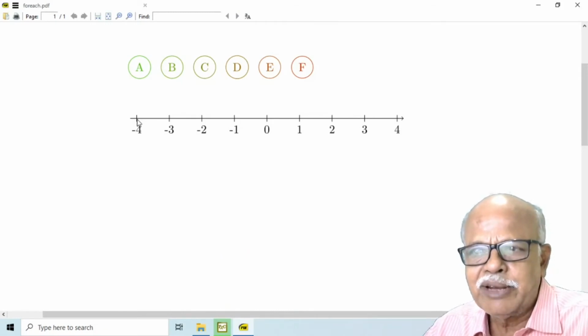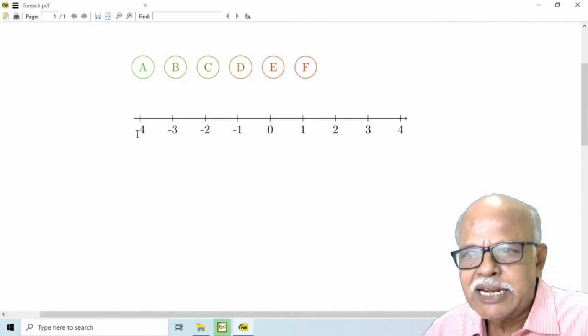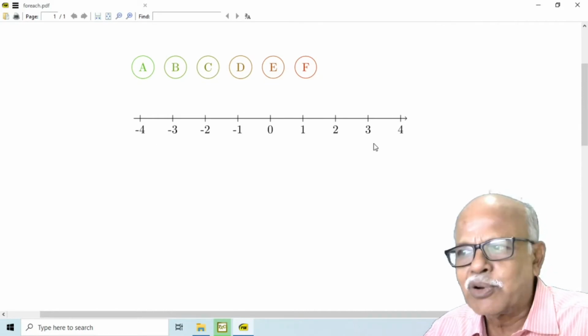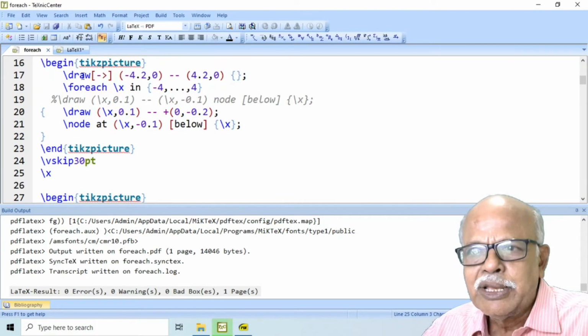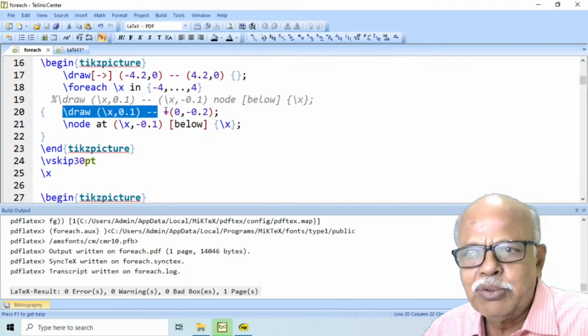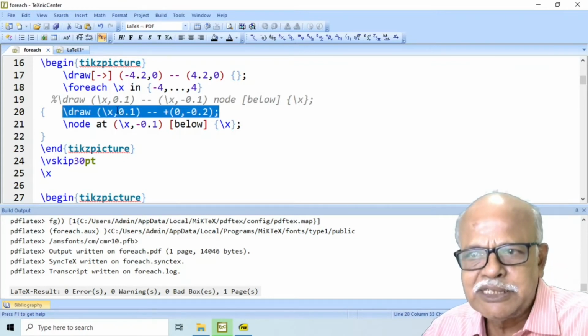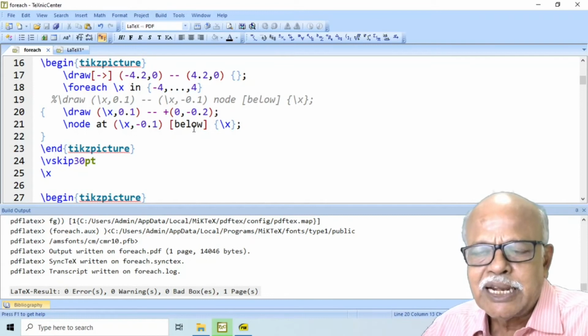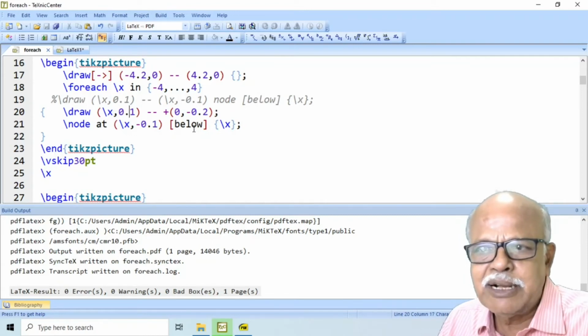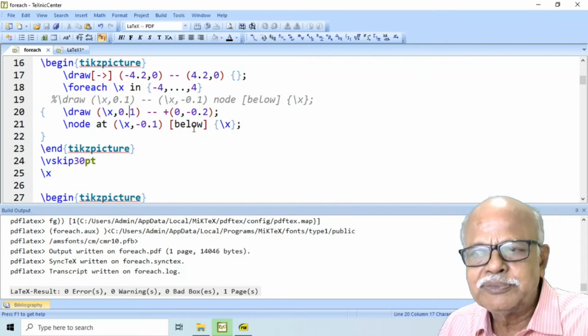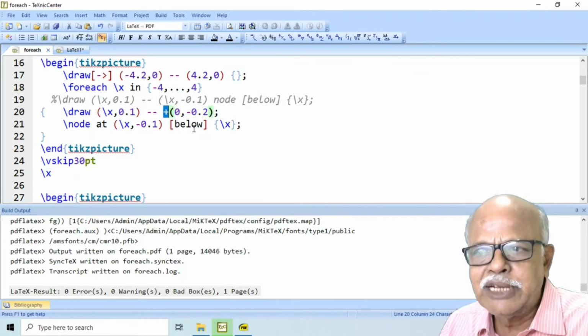Then we would like to have the text marks like this, labeled as -4 up to +4. For each x in -4 to +4, you can have two different statements. The first statement is, at the position \x, 0.1, and then we use relative coordinates.